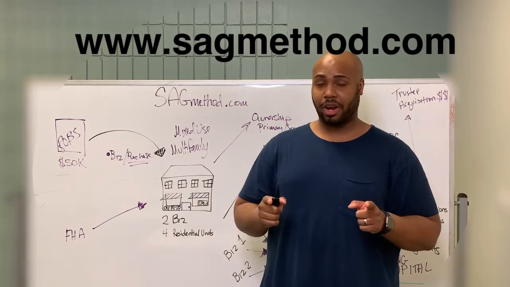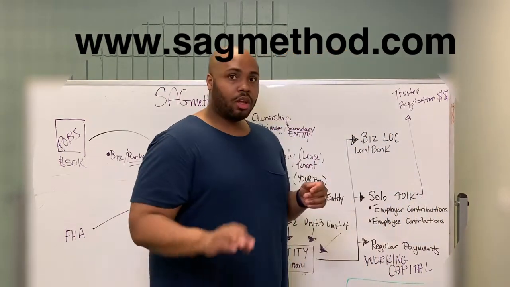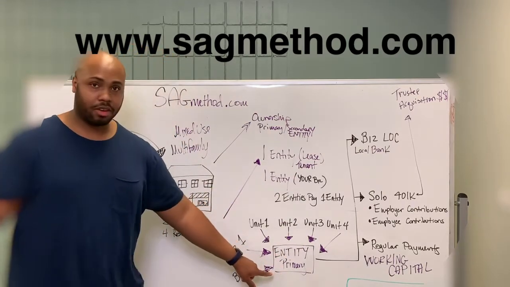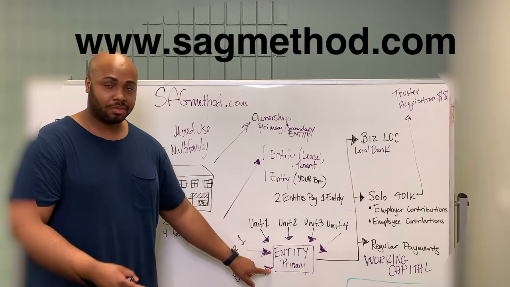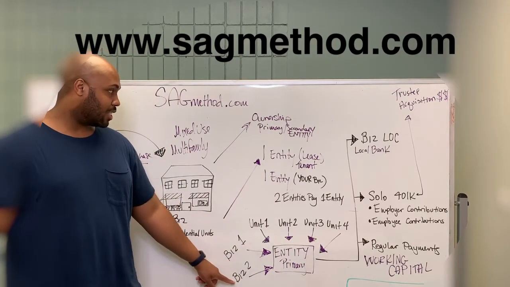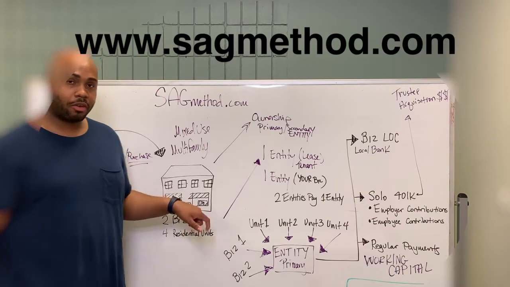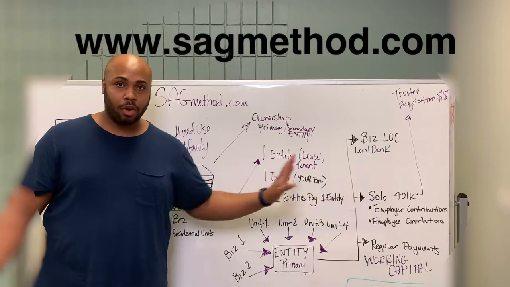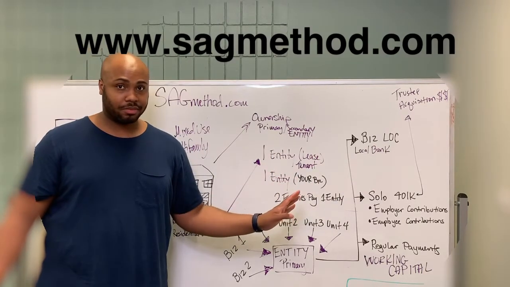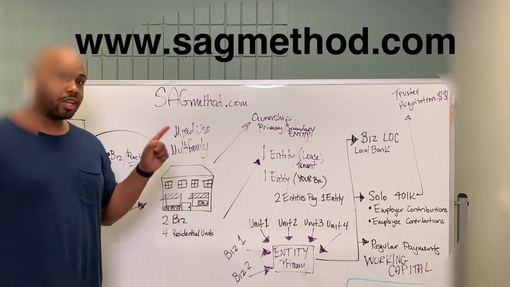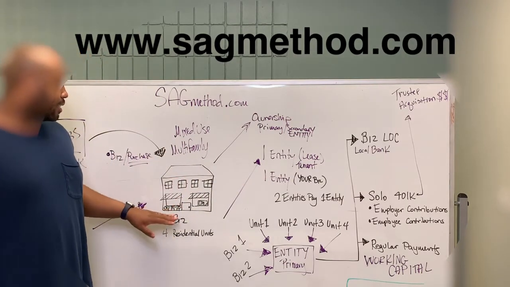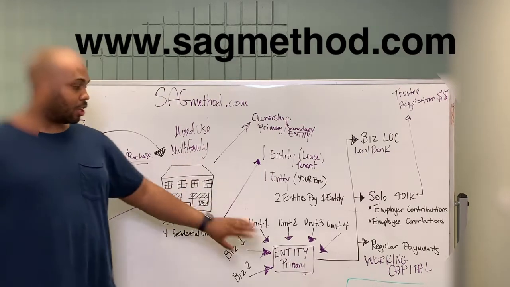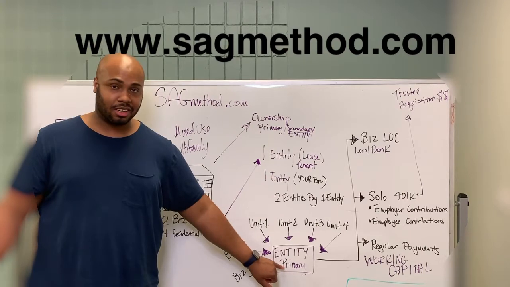I'm gonna give you an example here, okay? So at this point on paper, you are the owner of this entity here, the primary entity who is receiving the rental payments, and you are the owner of this entity here, right? This one is located right here. Now, both of these entities can actually open up their own separate solo 401ks. But also, what is amazing about this is that you could get a loan, you could refinance this entity by itself, and you will be refinancing just this entity, okay?